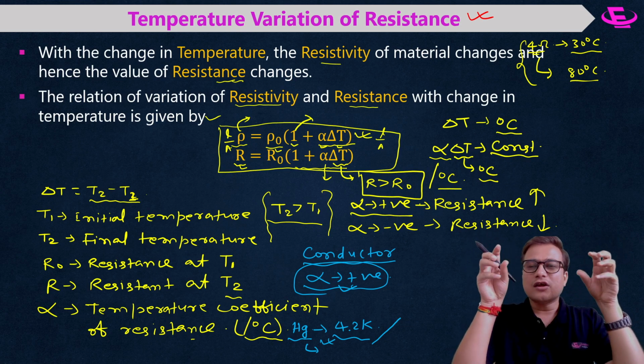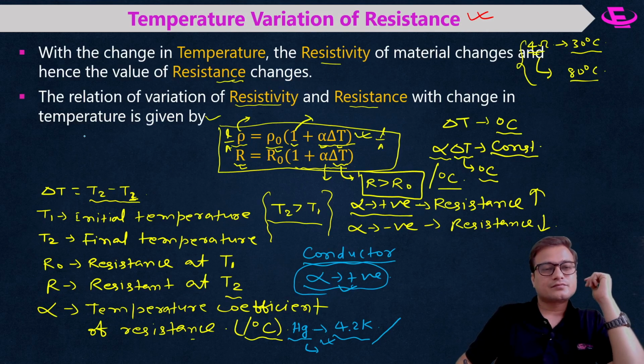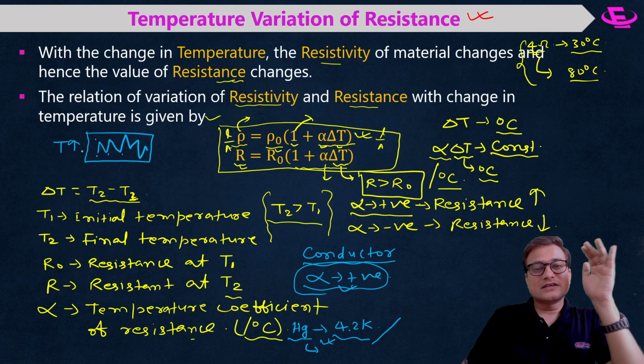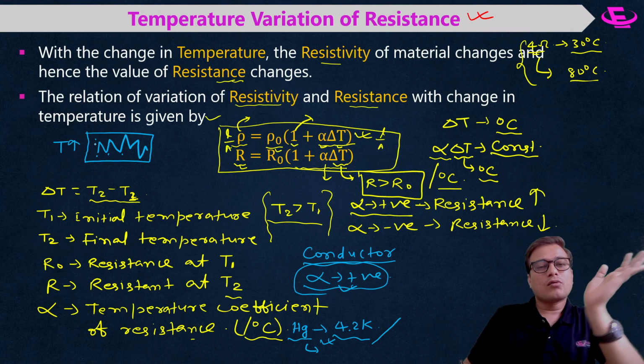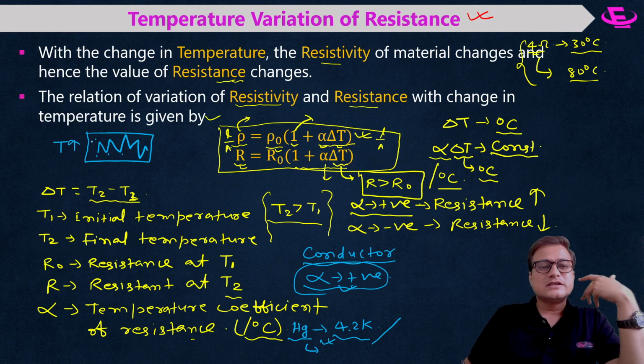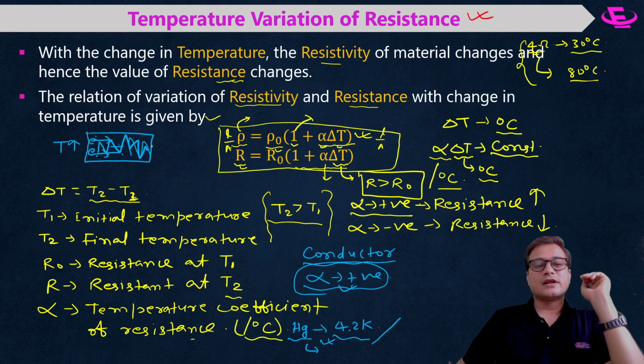Now here I am concentrating on conductors. Suppose this is the conductor. If temperature is increasing, what happens? The atoms present in the conductor vibrate more; the vibration of atoms increases. Current flows when electrons travel. Because of the increased vibration of the atoms due to the rise in temperature,